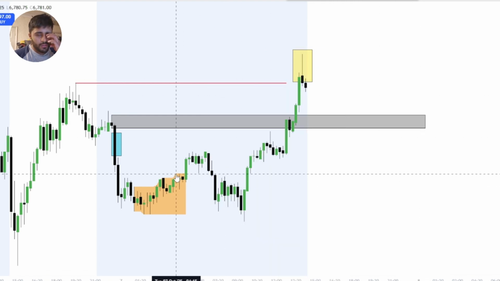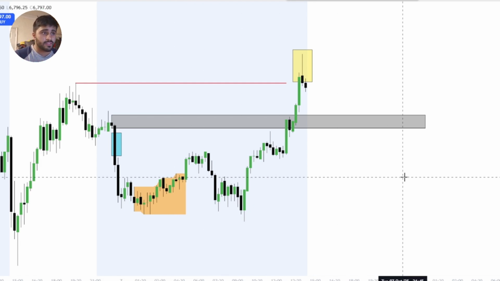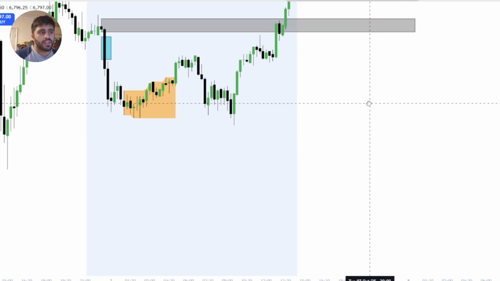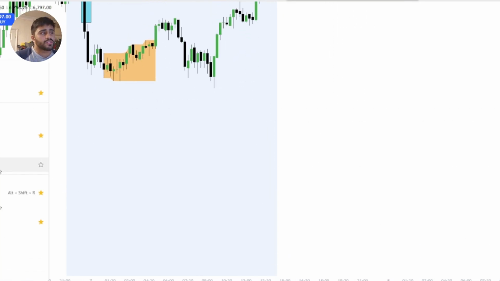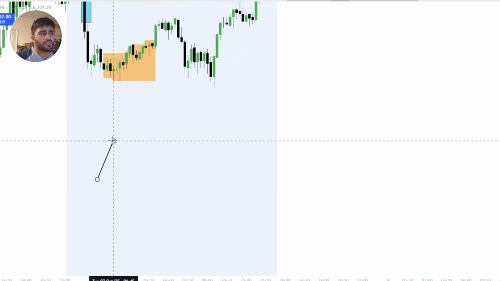Now, the other thing I want traders to understand is how to use the Asian range to your advantage, right? So using the Asian range is one of my favorite things, right? So what I call this is a two-phase manipulation. So once price creates